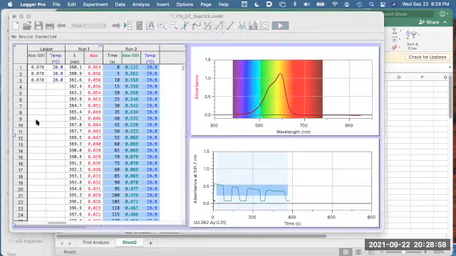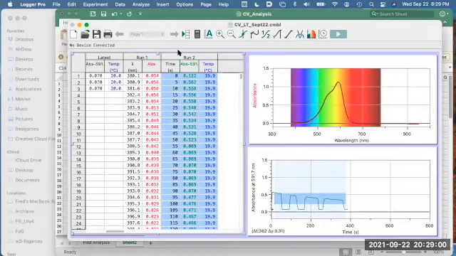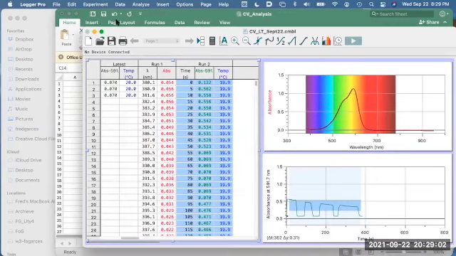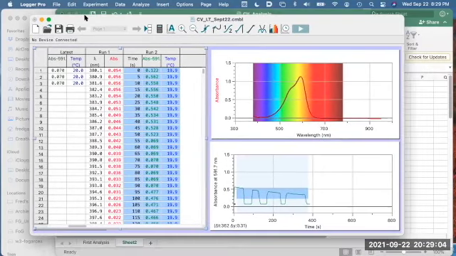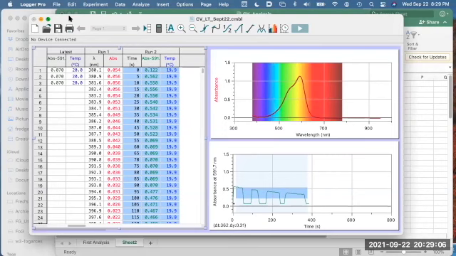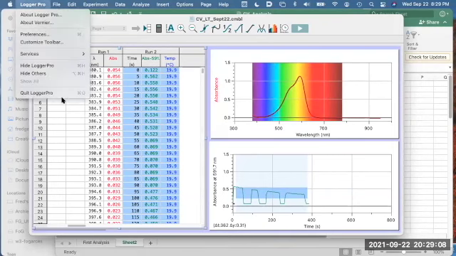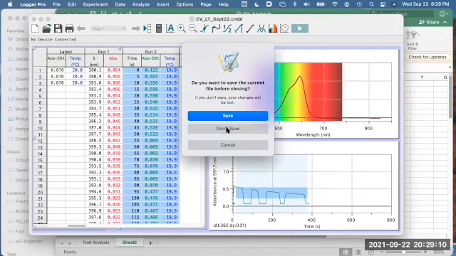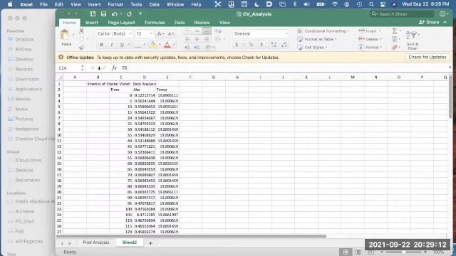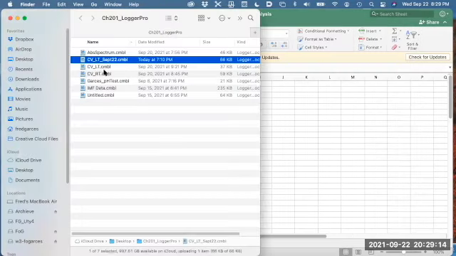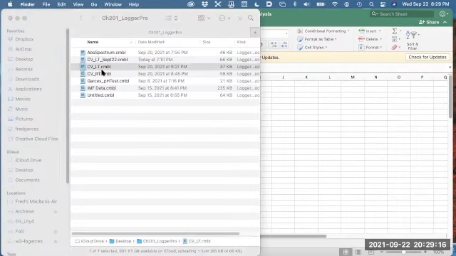Now what I want to do is take a look at the spectrum and close that so that all I have is the Excel file. I also want to open up another file,